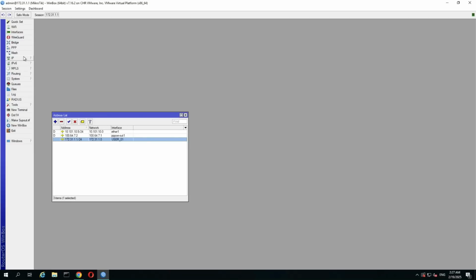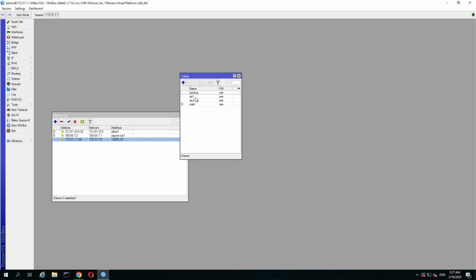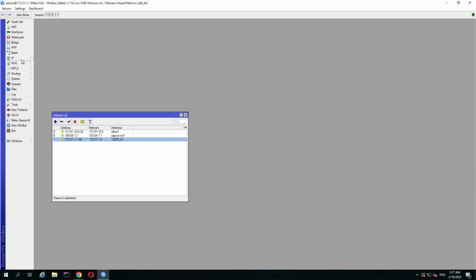We'll start by looking at the routing table. What I've done is I've already added 2 additional routing tables. We can get rid of backup because that's not needed anymore. RSP1 and RSP2. Just make sure you have fib ticked, so these routes are injected into the main routing table. And then when we jump onto our routing table,